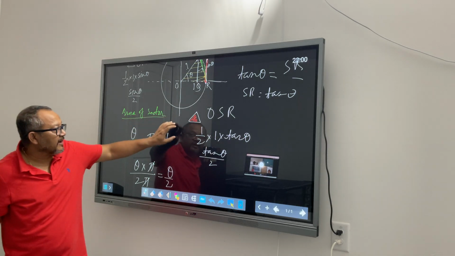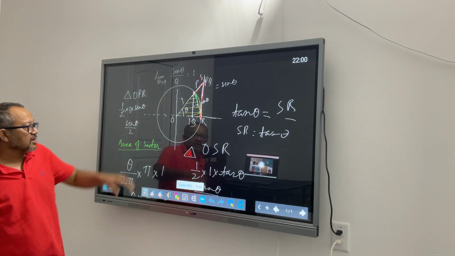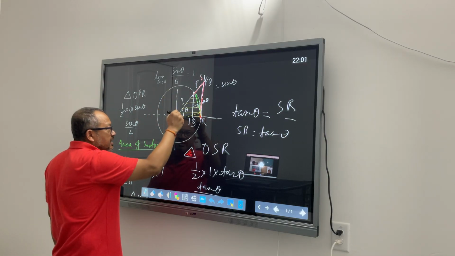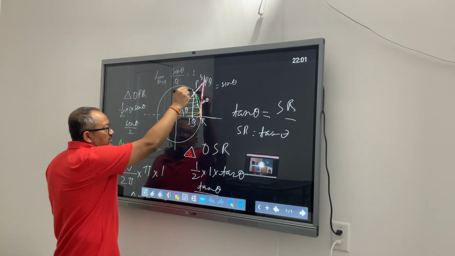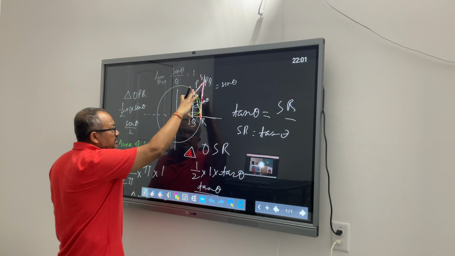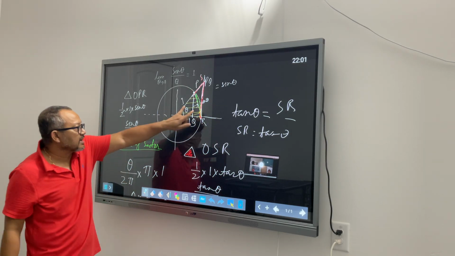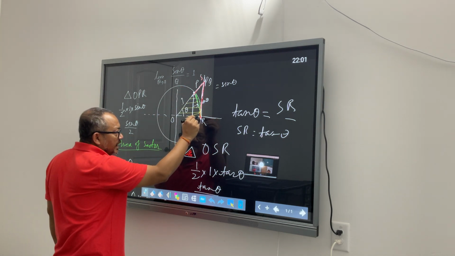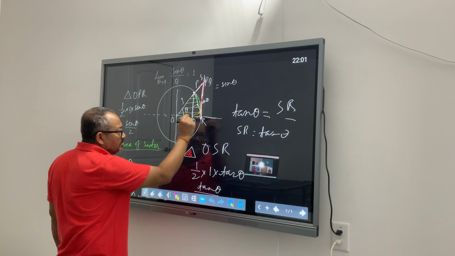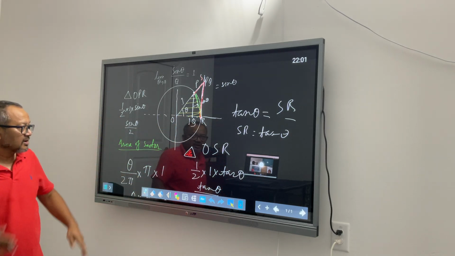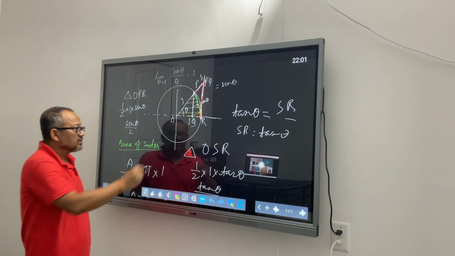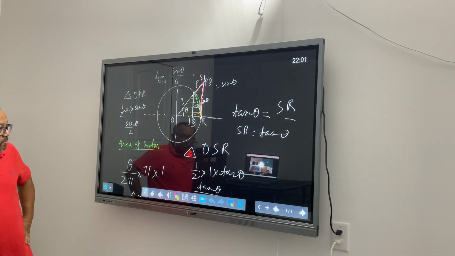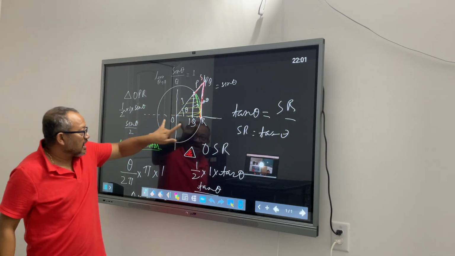So we have done nothing fancy here. We just took a unit circle. We picked a point on the perimeter of the unit circle, which is making an angle of theta, and from there we dropped a perpendicular onto the x-axis to find this height, and that we found as sine of theta. Then from this point we connected the end of this at the point of the perimeter, which is crossing the x-axis. So that made this triangle in the yellow color, and we found the area of this triangle is half into base into height.